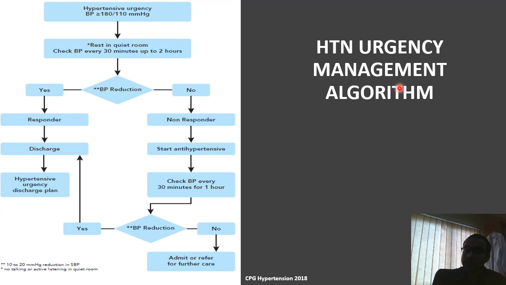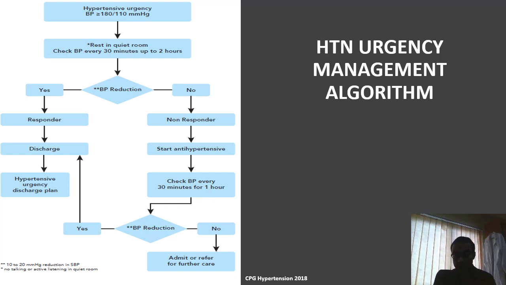Here we have the management algorithm for the urgencies, based on the assessment that the patient has no concomitant target organ damage. For this, the patient can rest with monitoring and checking of blood pressure to see whether the blood pressure reduction is there, so the patient can be assigned for discharge later. If no blood pressure reduction is achieved with resting and close monitoring, this patient should start antihypertensives, gradually checking the blood pressure every 30 minutes